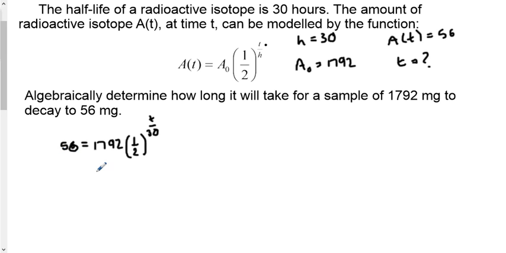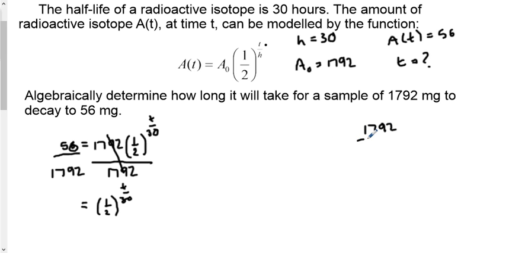So I'm going to divide both sides by 1,792. So that means that they're going to cancel on this side, and I've got 1/2 to the t over 30. Now, a useful strategy for simplifying the left-hand side here, as opposed to trying to find something common that divides in the top and the bottom, or ending up with a decimal answer, would be to take